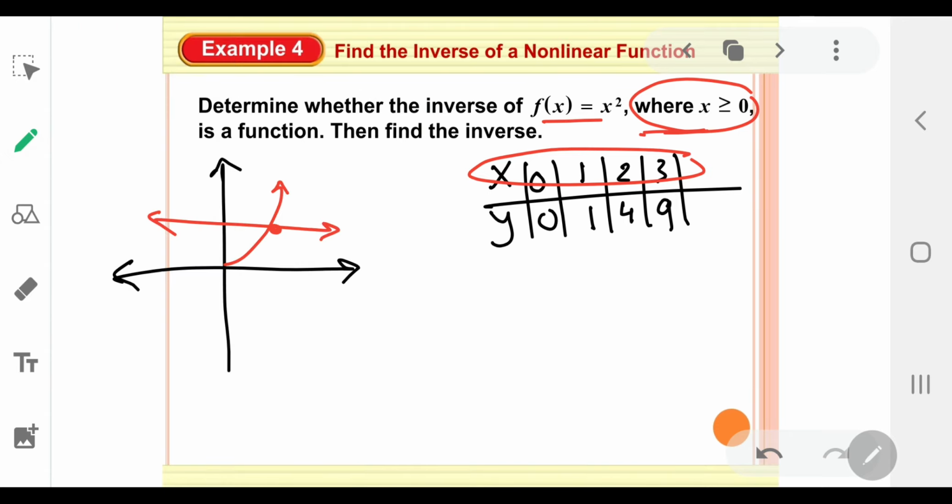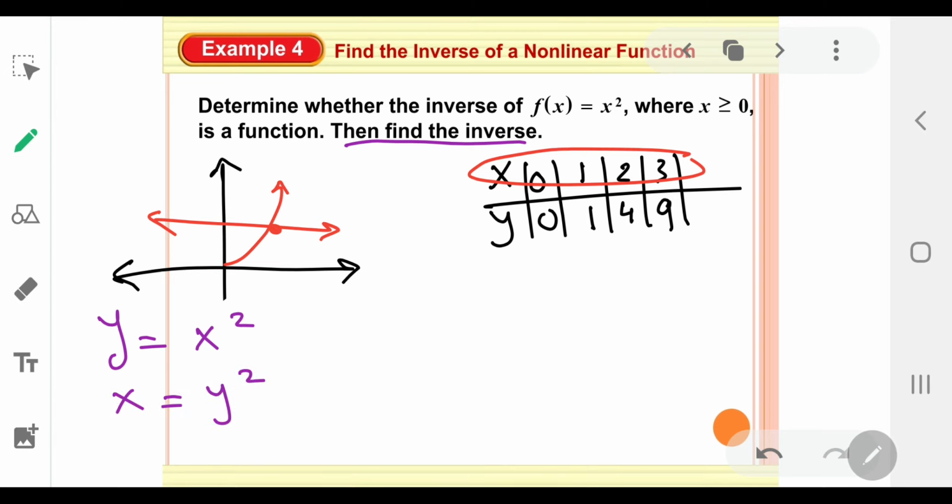Now, let's find its inverse. I'm rewriting the function. Instead of f of x, I'm using y. So y is equal to x squared. Now, switch x and y. Now, solve it for y